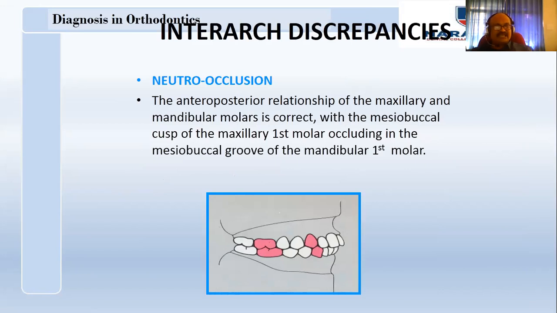Why are you bringing them together? Now you are going to see what is called interarch discrepancies. When you bring the teeth together, the midline of the upper and the midline of the lower should coincide with that of the face. You note down whether the midlines are concordant. Not only should they coincide with the face, they should coincide with one another. In case of spacing and crowding, the midline shifts, or due to asymmetry of the face itself, sometimes the midline shifts to this side and that side.